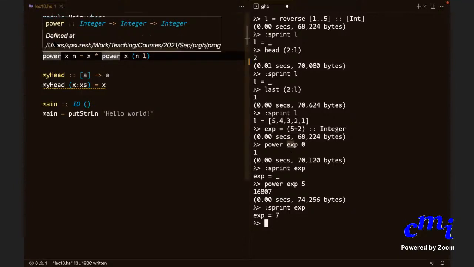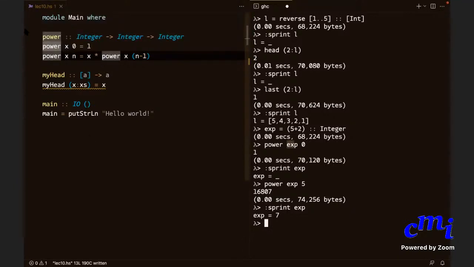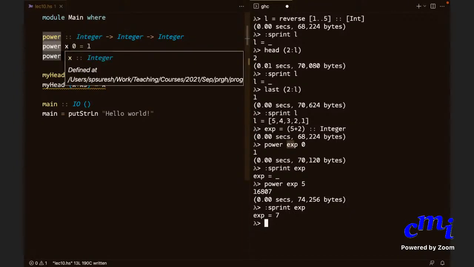See, the way it happens is that. So how does Haskell evaluate? It looks at the first rule, okay, and it looks at the arguments from left to right. As long as your argument is some variable like x, n, etc., it won't do anything. It won't evaluate the corresponding argument that you sent. If it is a pattern like this, then it will evaluate it and check whether it conforms to that pattern. So it is going from left to right, and the first time when it hits a concrete pattern is when it comes to 0. So it has to evaluate the second argument. But the first argument is just some general x, so there is no need to check any pattern. So it will not evaluate the expression.